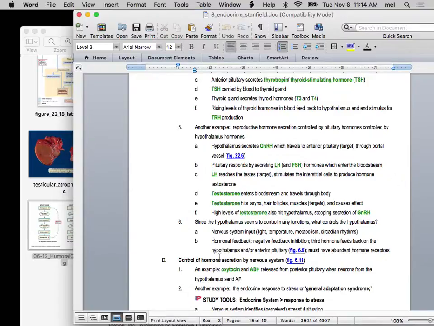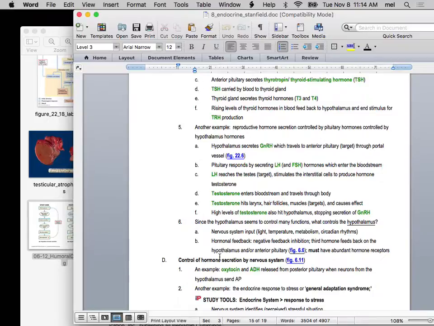So do you see now why I started at the beginning of this set of notes? I said the hypothalamus is really the crossroads where the endocrine system and the nervous system come together. So it's getting input about like the metabolism and light and temperature and all of that kind of stuff. But in addition, it also has boatloads of receptors for hormones. It's responding to hormone levels. Does that make sense? And it is basically integrating all of that information to try to decide, without ever asking your conscious brain,